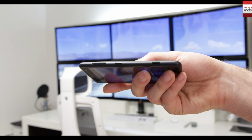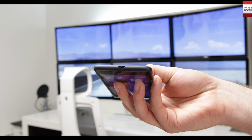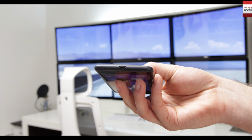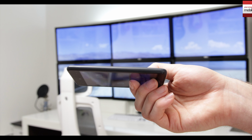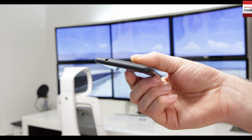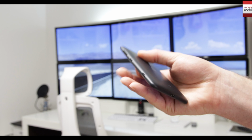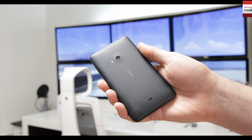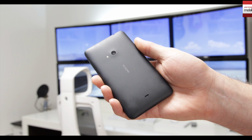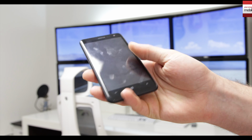Now let's take a little tour around the hardware. On the left hand side of the phone you get the quick button for the camera, the volume rocker up, down, and also the on off standby button. Round on the bottom we get the micro USB charging and synchronization port. On the other side nothing at all, and then on the top we get the 3.5mm headphone jack. Round on the back we get that 5 megapixel camera capable of recording 1080p at a full 30 frames per